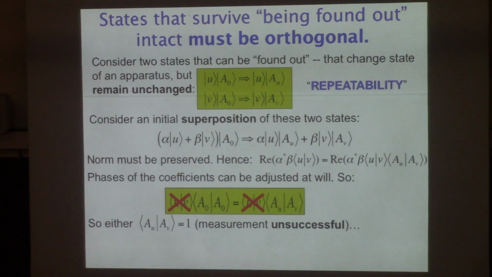Well, not quite. Our problem was that we did the division. There is a case where you cannot do the division, which is exactly the case we are looking for. When the scalar product is 0, you get orthogonality. So indeed, repeatability leads you, along with unitarity, to orthogonality. It gives you the key part of the collapse axiom.